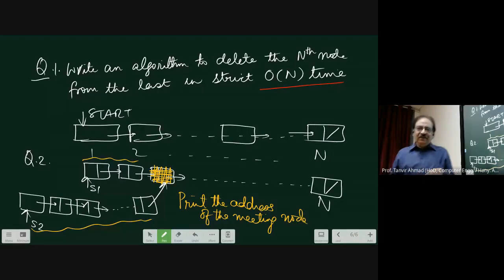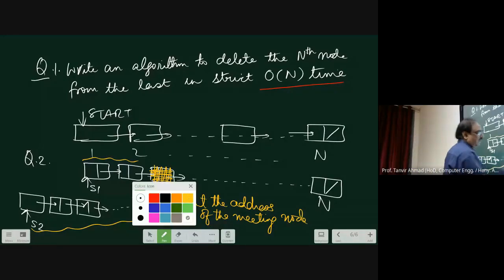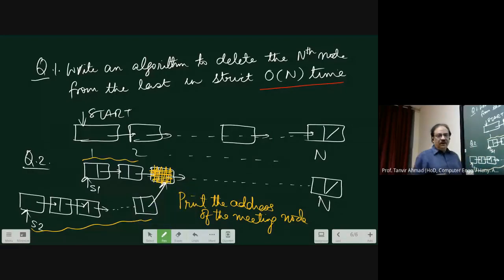Now you have to design an algorithm to find the address of this node. Try to find a solution for this. We'll discuss tomorrow. Therefore, just try to apply your mind and find a solution. I tell you, don't look at the internet immediately, because these solutions are available in some places. But our aim is to learn and apply our mind to get the solution. If not, we'll discuss. But there are at least 5-6 more problems we'll discuss tomorrow.